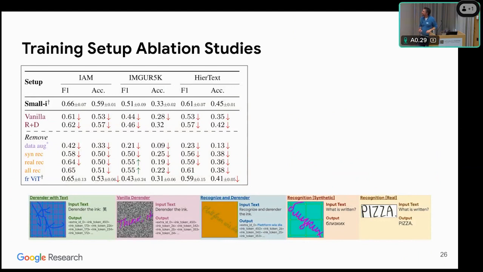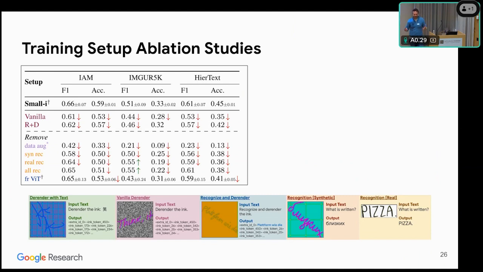So we've done a bunch of ablation studies, and these are again across a number of data sets, on one of the models that we train, small I. The main point here is that teaching the model to do all these different related tasks is actually helping a lot. If we ask the model to derender and understand the text, it does a lot better on the task, and when we take some of those others out, we don't do as well.